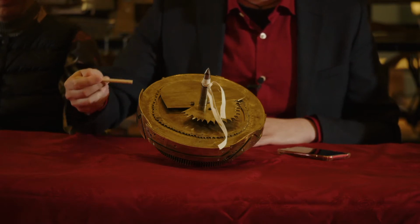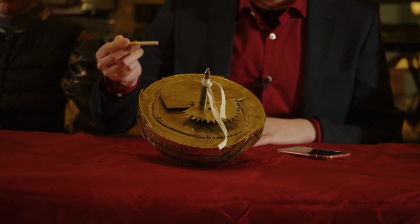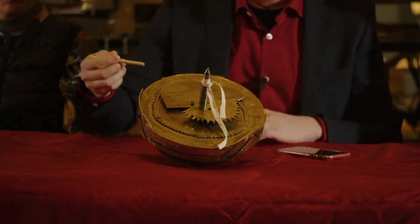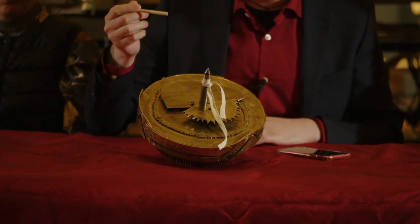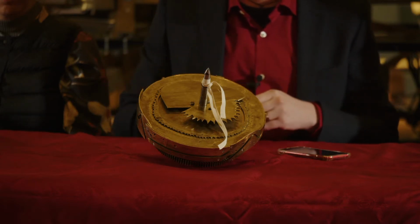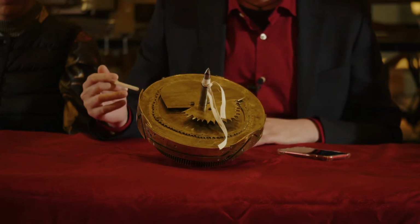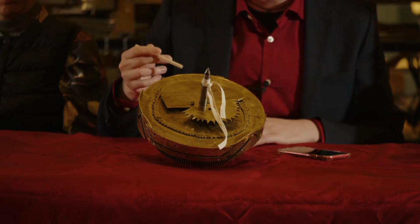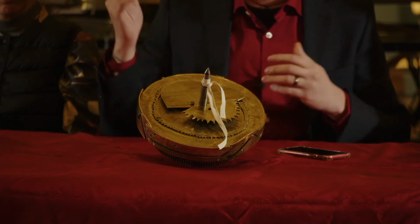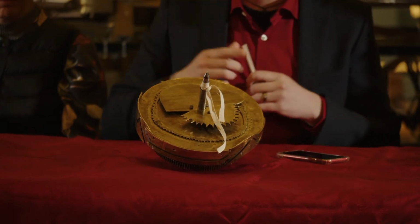This track controls the rotation of the swan's neck, and because of the geometry of how the neck is moved by the sector that engages with this track, there were obviously issues the last time any major restoration work was carried out on the swan, back in 1968 to 1972, with the sector engaging, and in order to get the full 360-degree